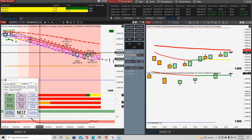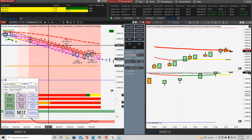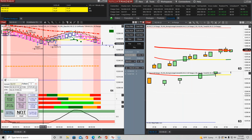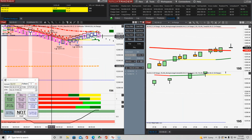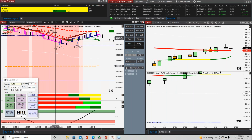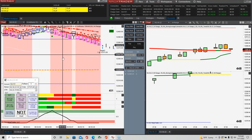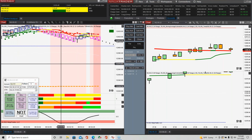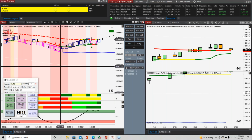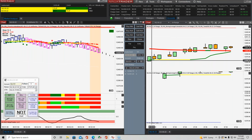But definitely you want to wait until you break these. And like I said, this is okay right here. And again, we got a break, pullback, got our first target, stopped out. I think we did pretty much all C2 trades. And then let me go to